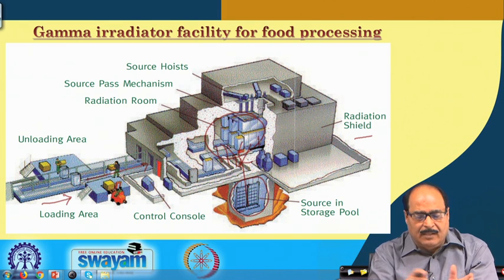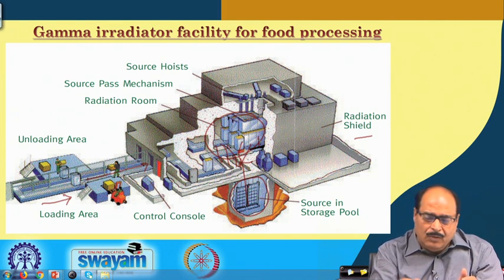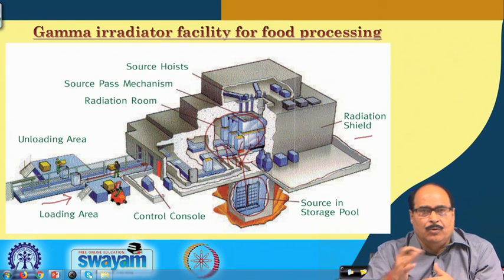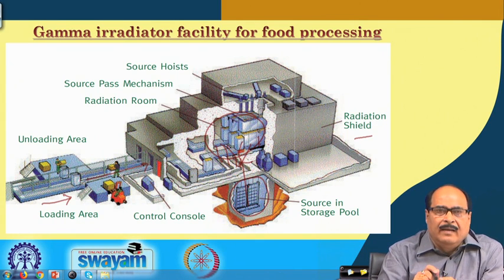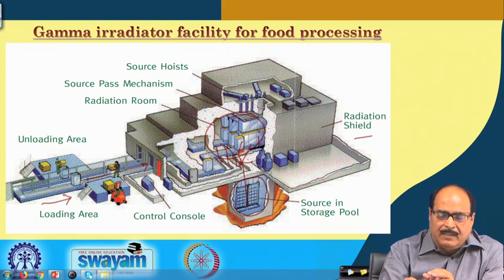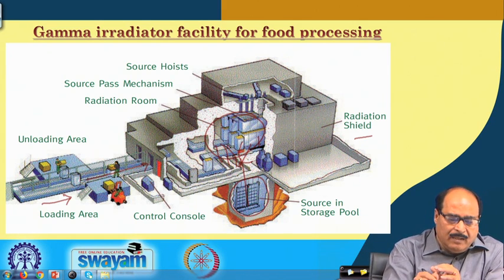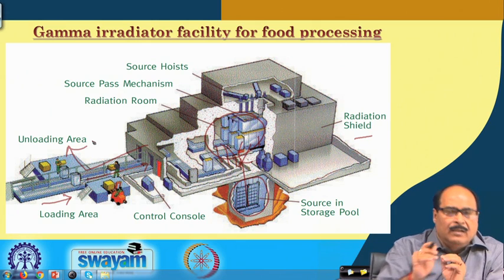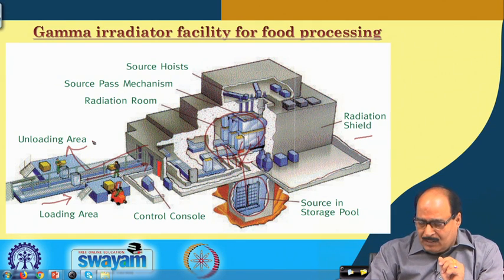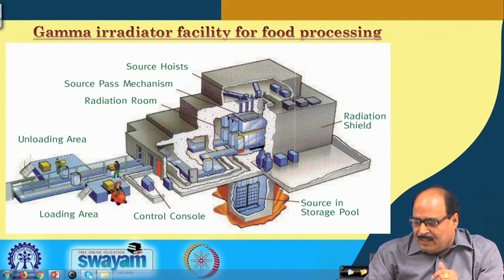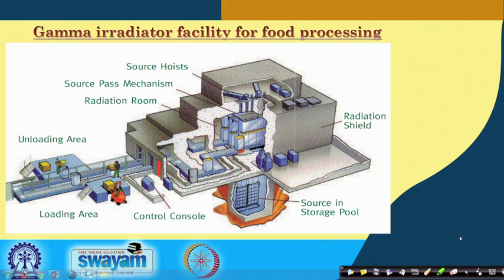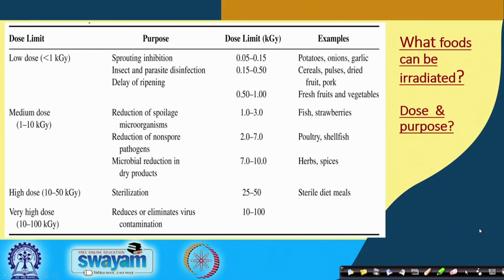And here it is towards the target area. There are in fact systems where the food can be exposed to the gamma rays from both sides, and after it is given the desired energy for the required operation, it returns back and is unloaded here. So, this is how this technology is applied in industry and commercially. Okay.